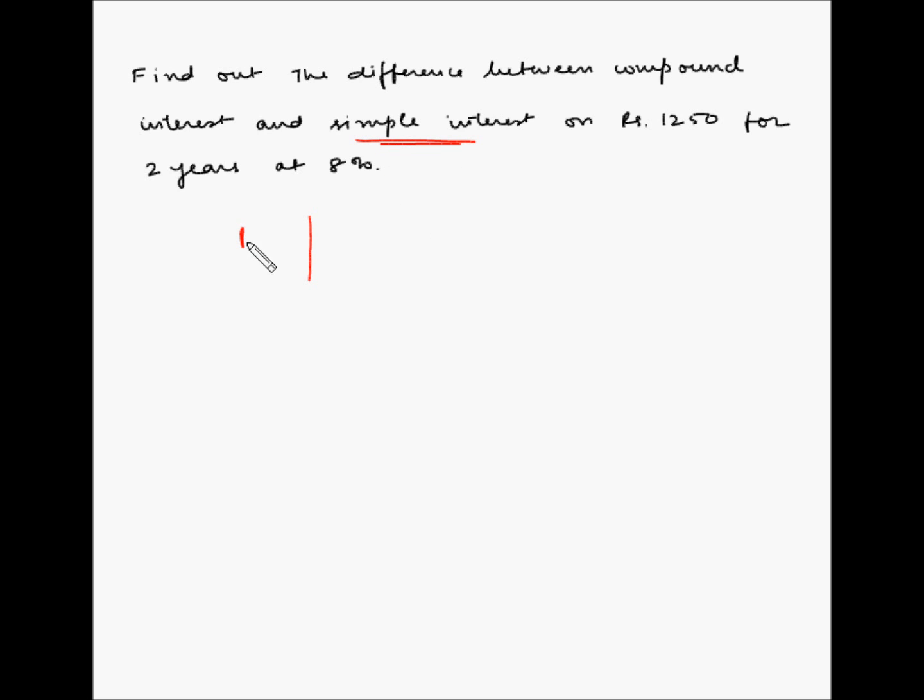So an amount of rupees 1250 has been put on simple interest for a period of 2 years. So this is the first year and this is the second year. Now the rate of interest is 8%. So let's say this is for simple interest. Now the second scenario is that the same amount, rupees 1250, has been put on